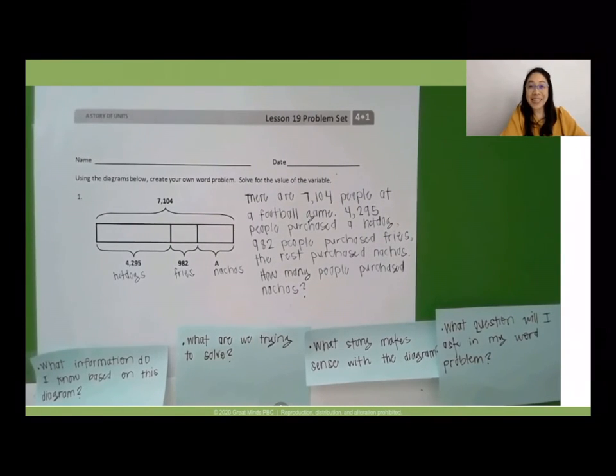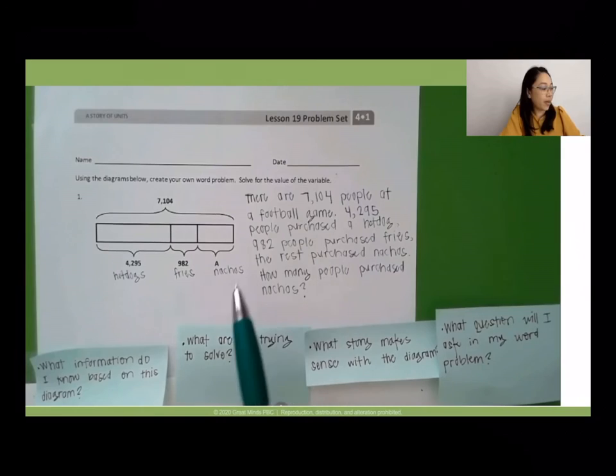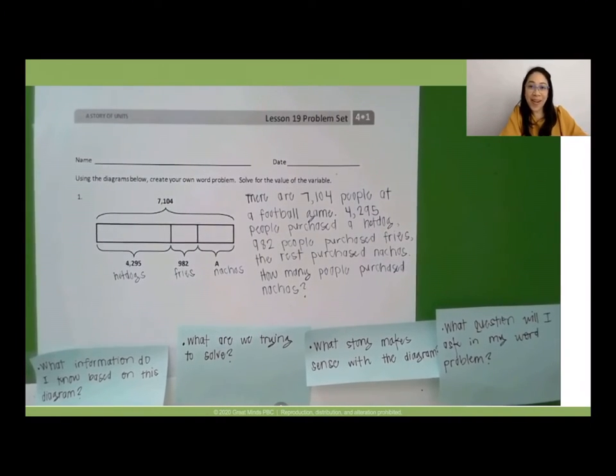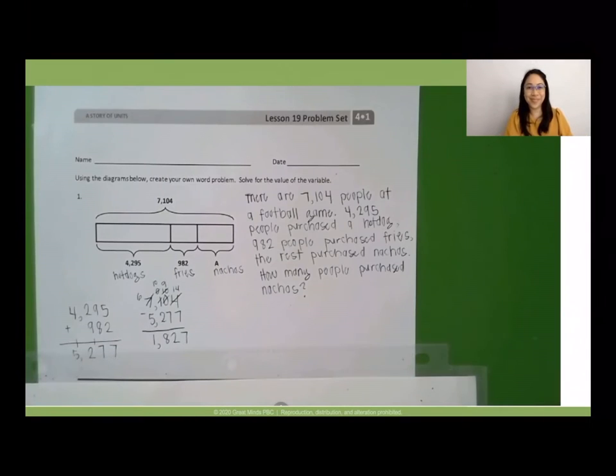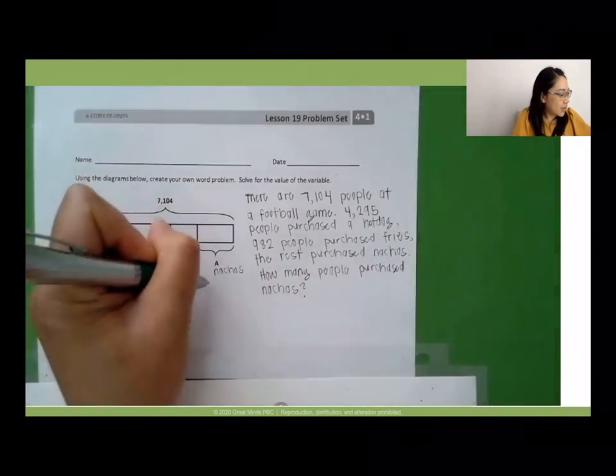Now, we get to actually solve this word problem. I'd like you to pause the video here to solve for A. We'll compare when you get back. Take a moment to compare your work with mine. What is the value of A? A equals